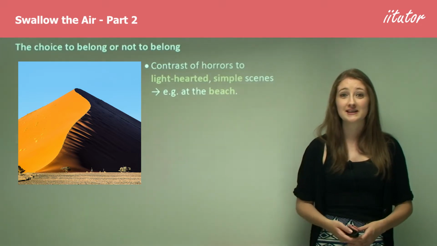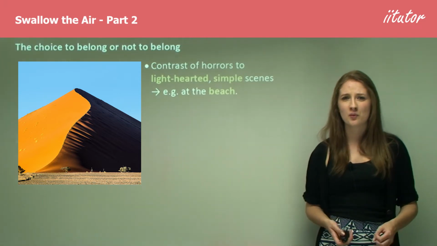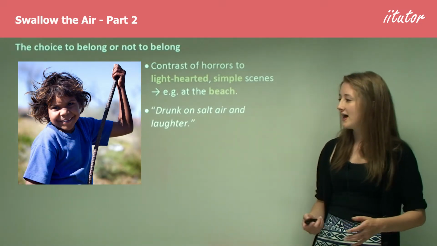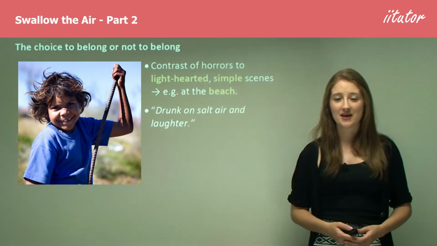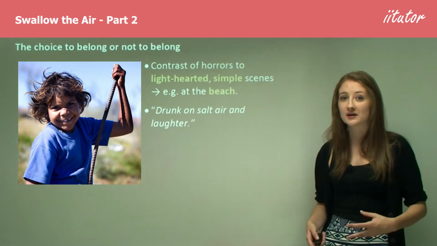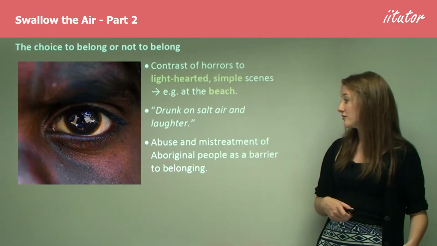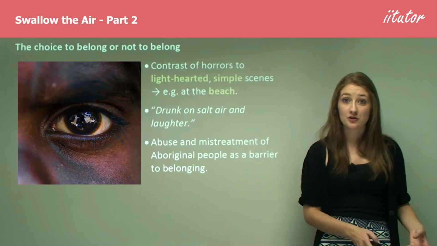So here's where you really get to see the author's beautiful writing come out, and that's where you get a contrast to the more dark sections of the work. The quote, "drunk on salt air and laughter," is just a really beautiful metaphor which shows that they're so happy because they're so in touch with the beautiful air and water and the sand that they're absolutely drunk with happiness. This contrasts with abuse and mistreatment of the Aboriginal people, which really becomes a barrier to belonging